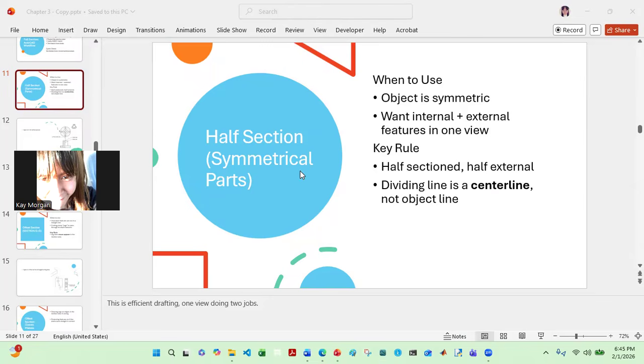All right. Now let's talk about half section. They're used for symmetrical parts. So you use a half section when the object is symmetric. You want to show both internal and, of course, external features in a single view. This is going to save your space, and also it's going to make your drawing